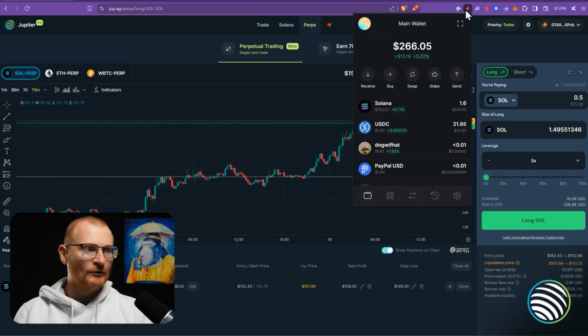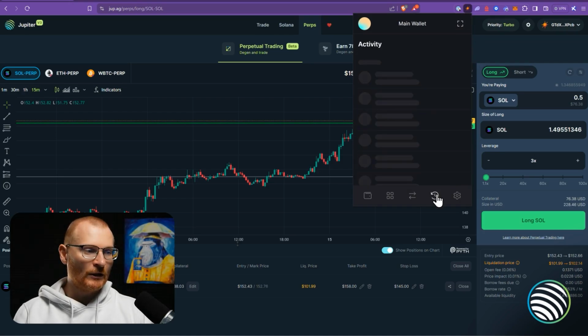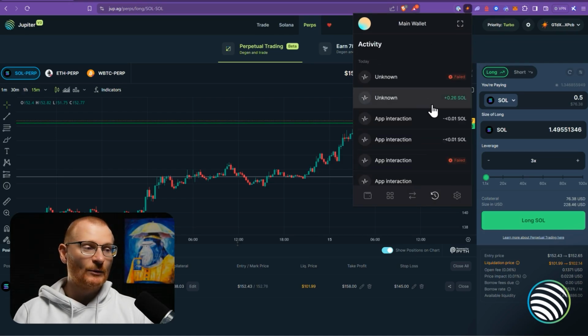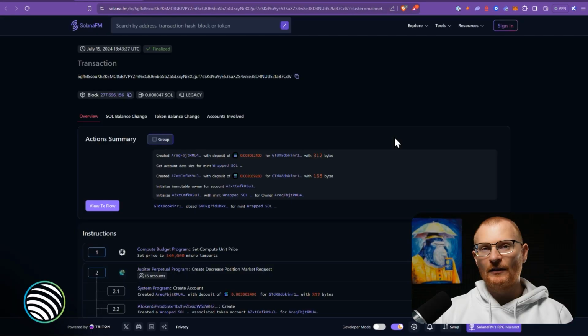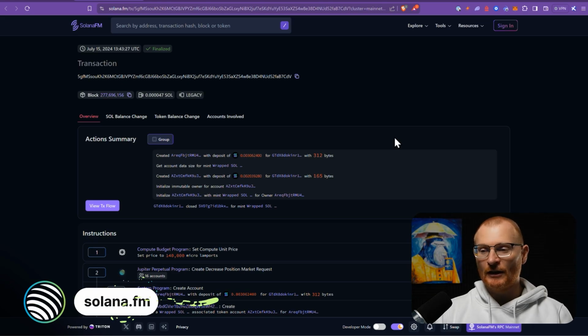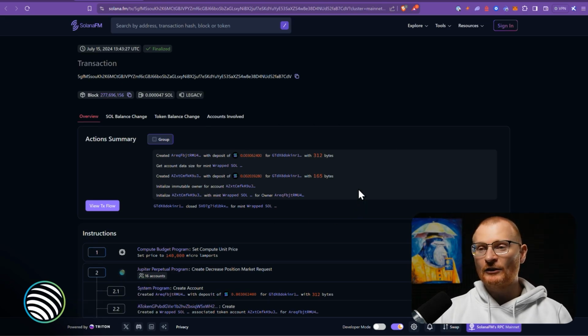We'll jump in here to our Solflare. We've let it load. We can go to our transaction history. We can see we've actually received back our SOL, but if we can't see that, we will just click on this transaction and then click here. This opens up in an Explorer, Solana.fm, and we still haven't covered Explorers in the tutorial series. You may like to use Solana.fm. It can be a little bit complex though.